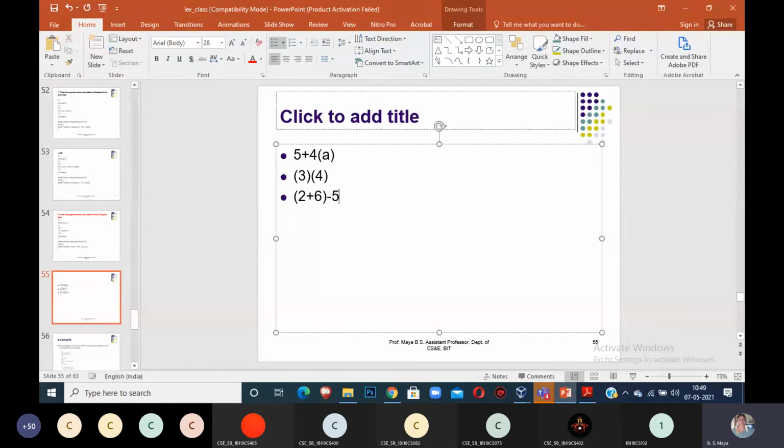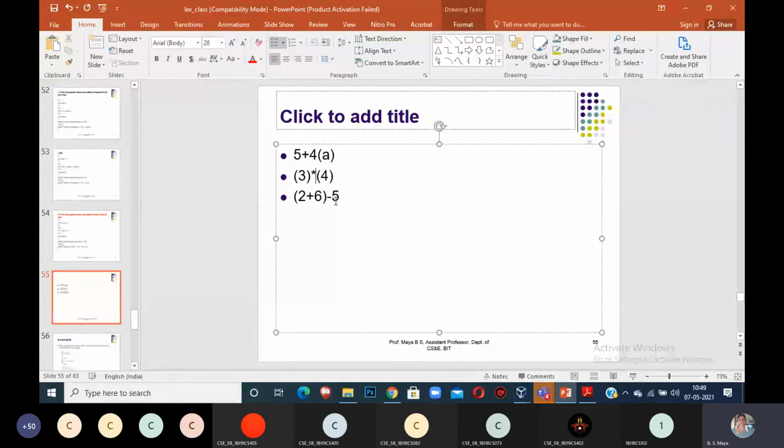That is why I am writing it as a failure. Second expression is valid: open parenthesis 3, close parenthesis 4. See, as a human we know that is 3 into 4, and the answer is 12. But the computer will not know. If you give this expression, can the computer do the multiplication operation? You explicitly have to mention the star between them, no? Yes, ma'am. Otherwise the computer won't know. You know this from first semester, where you did all the operators with examples. Remember?